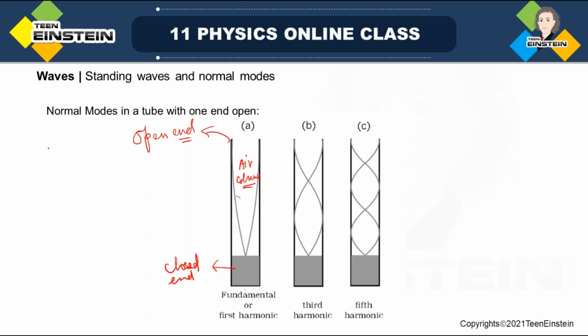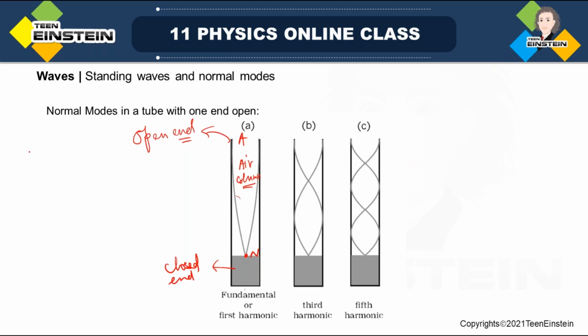We have already learned that at the open end there will be an antinode, and at the closed end there will be a node. So there will be a node over here and an antinode over here. From the condition of nodes, we can write and find out the frequencies. In this case, you look,